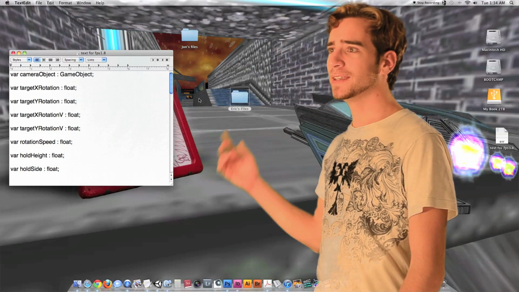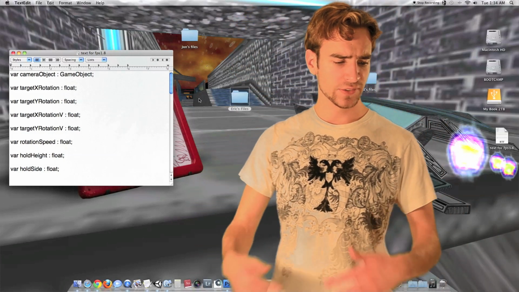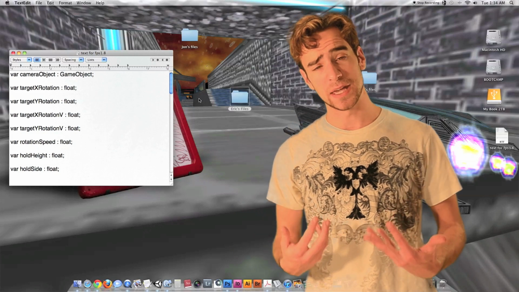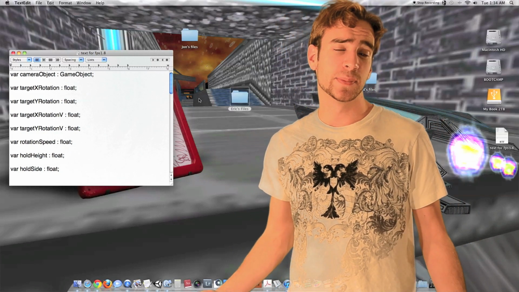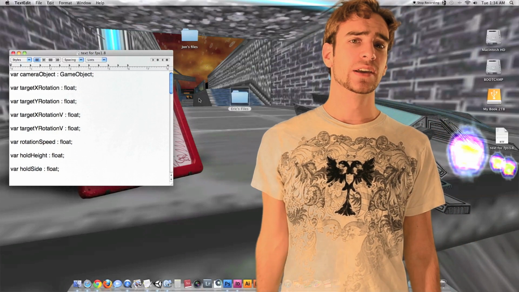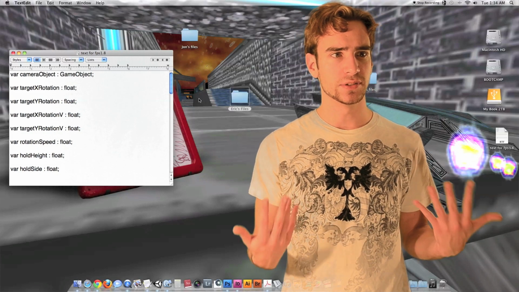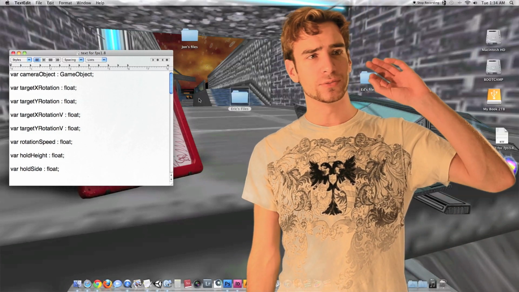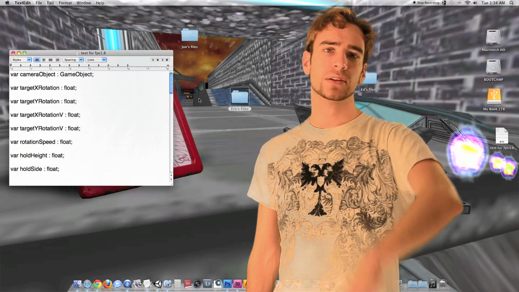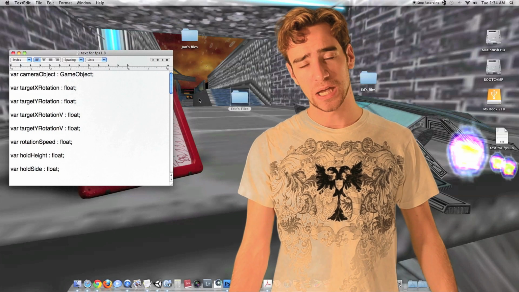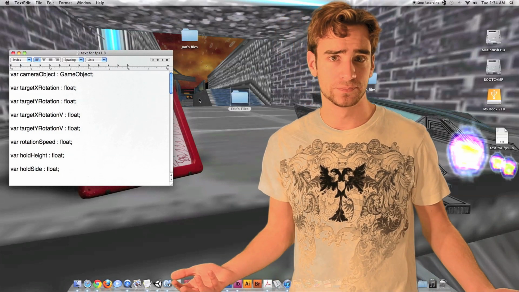And the first one we have is camera object, and that is a variable type game object. So remember, if it's a variable type game object, that means it's remembering one specific game object. And that specific game object is going to be our camera. And what we're going to do inside of the inspector and just inside of the Unity interface in general is we're going to drag the camera from the hierarchy, we're going to drag it into the inspector and drop it right on top of the variable camera object inside of the gun script